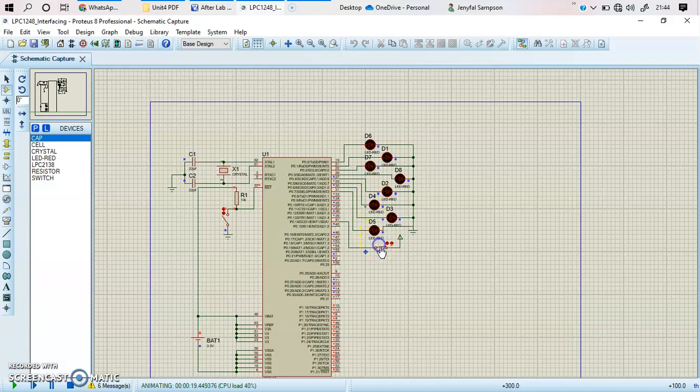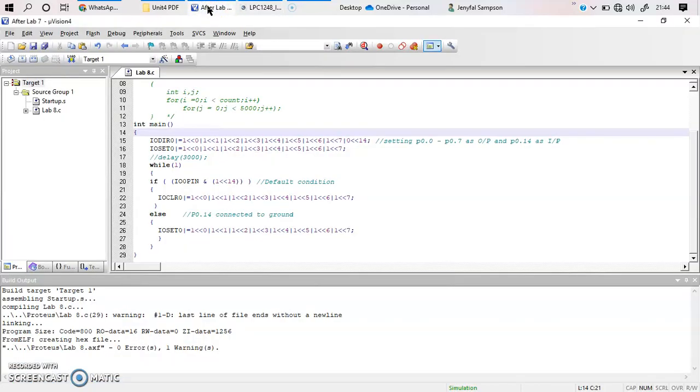So you just need to make sure that the program you have written is working according to your requirement. If you want the thing to work the other way around, you can try giving an exclamation mark over here, which means it is going to toggle the condition, whatever you have given over here. So whatever condition you have given, if you want to toggle that condition, if you are getting 0 over here at the output, 0 complement is 1. So which means it will take the output as 1 over here. So that means the true part is going to be executed.